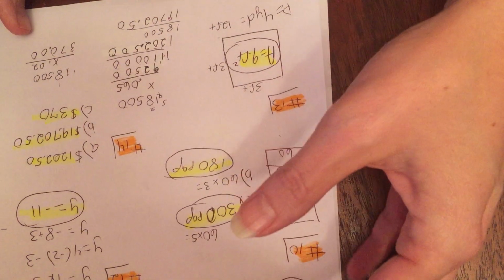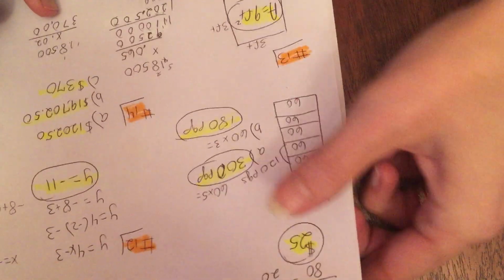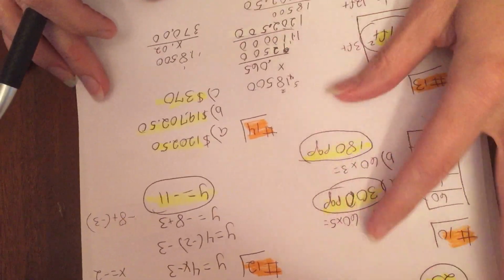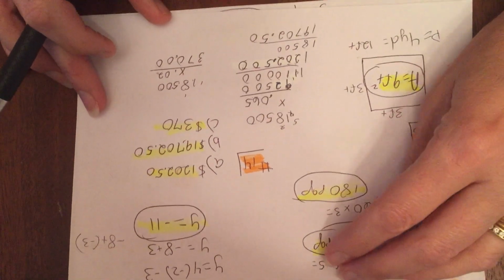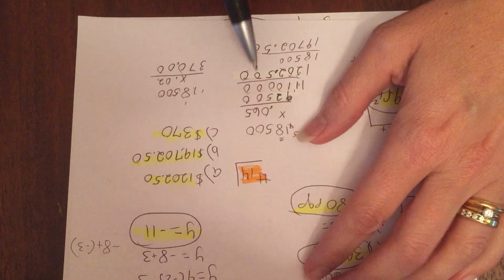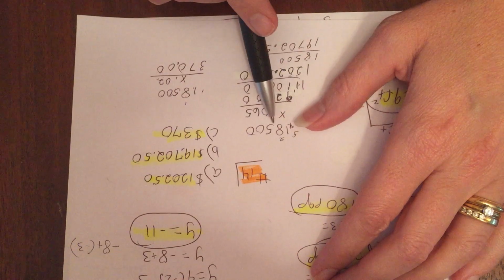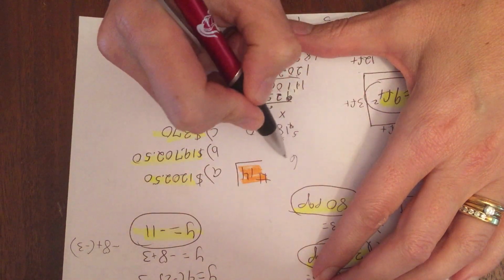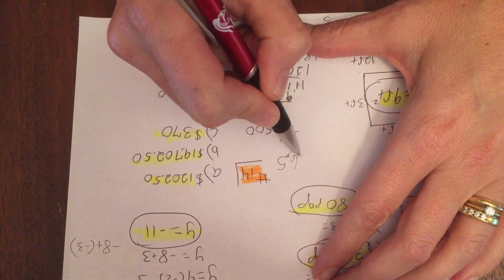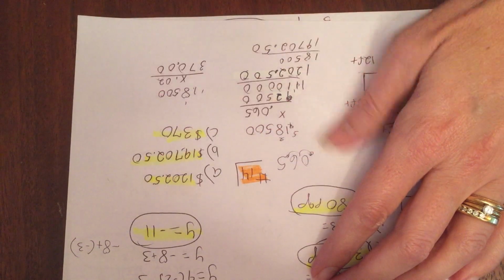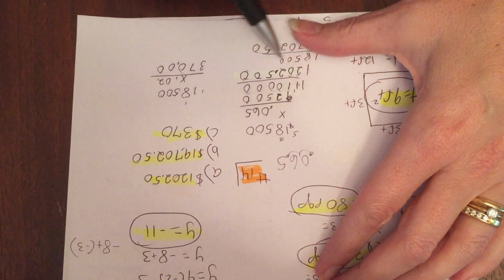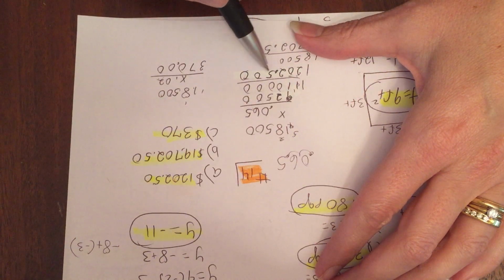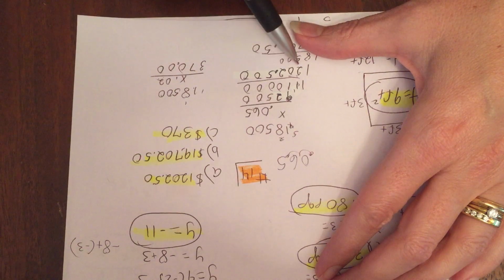Number 14 was a sales tax problem. Okay, so the car costs $18,500. The sales tax rate is 6.5%, so they want us to figure out the sales tax. So I did 18,500 times 0.065. Remember, 6.5%, I have to divide by 100. That gives me 0.065 that I need to multiply by. When I did all my multiplying, I got 1,202.5 with a bunch of zeros. That means my tax is